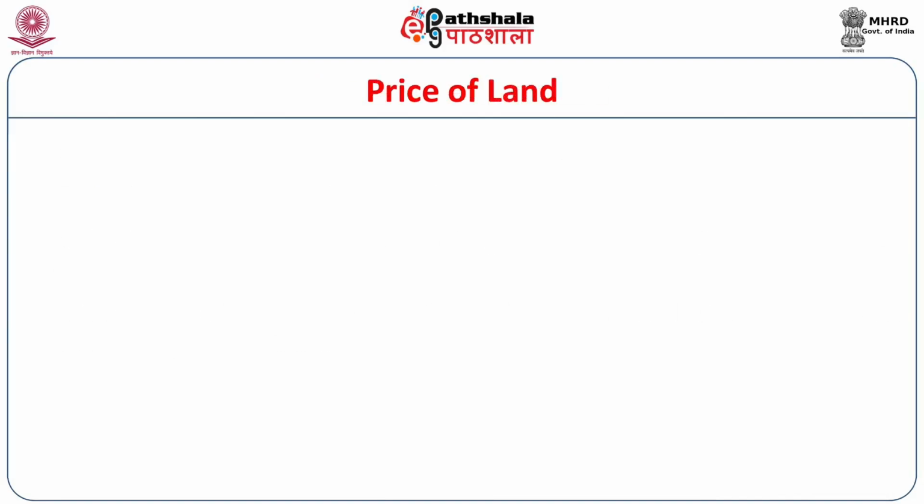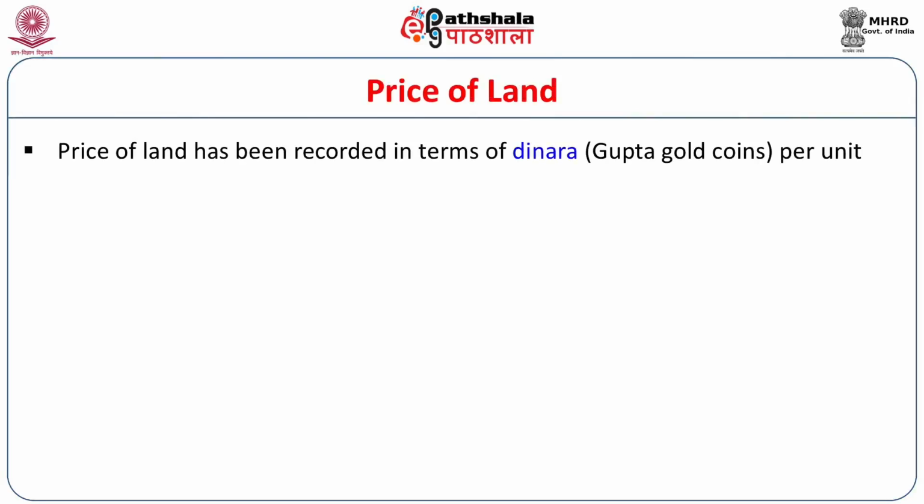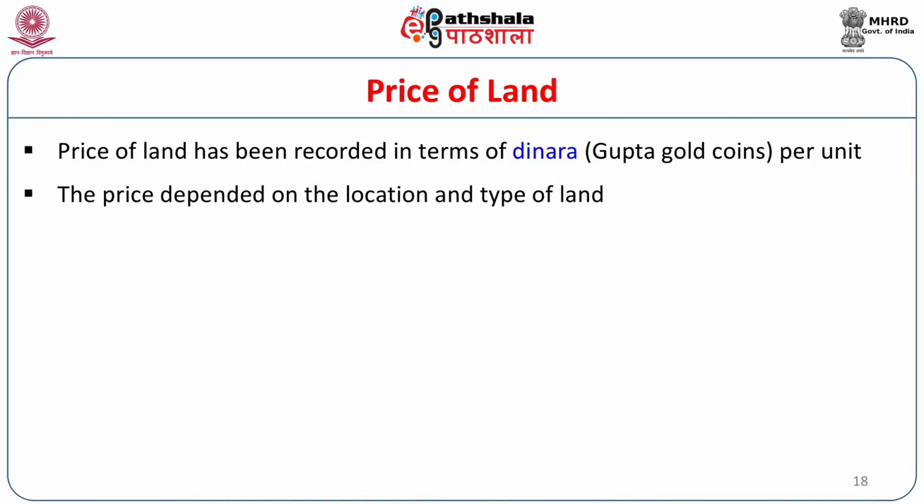The price of land. References to the price of land are again found in the series of combined deeds of land sale and land grant in the northern part of the Bengal delta. They refer to the payment of a Kullo-Vapo or Drono-Vapo of land in terms of the coins called dinaras. The dinaras are actually Gupta gold coins. And we also find that the price of the land actually depended on the location of land. Since in the northern part of the Bengal delta, most of the charters record the transaction of fallow land, the